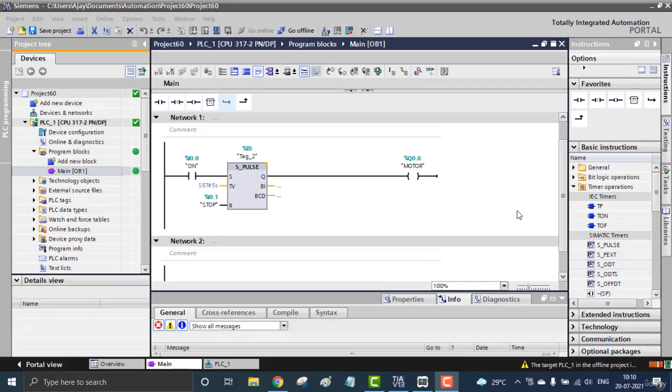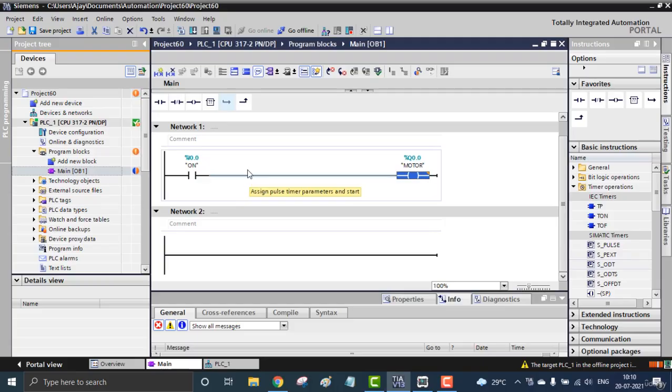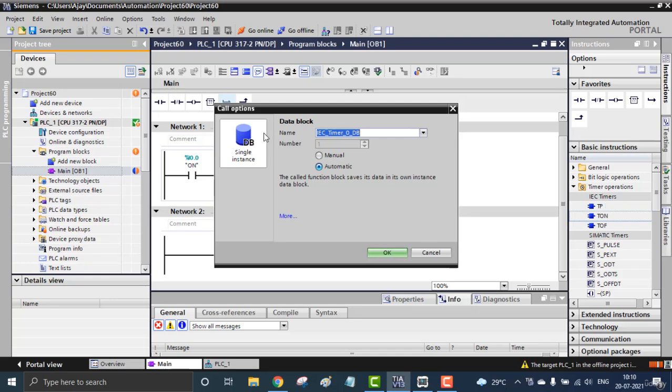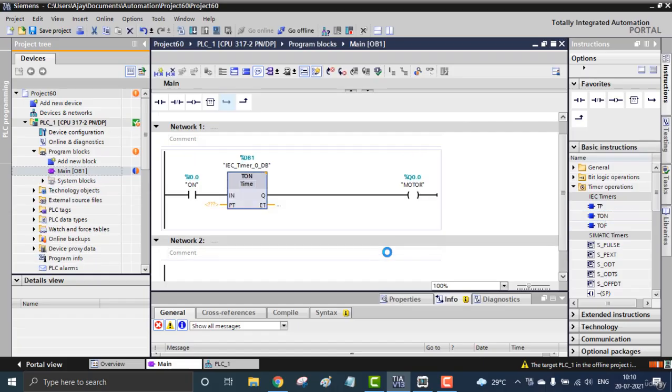And now we're going to learn about the IEC timers, also called standard timers. I'm taking the schematic timer out of here and taking an on timer, TON, or the on-delay timer. It's an IEC timer, and you can see I'm taking it from the IEC section. It's actually creating these timers as a data block. The data blocks are used for creating or storing the specific values for the working of the blocks. That is called the data block. So it's created as a data block, DB1, you can see.